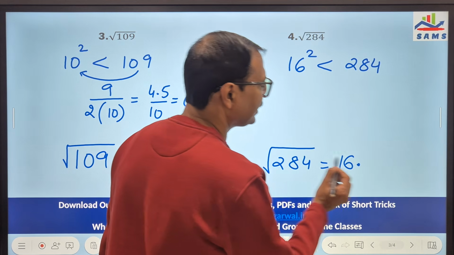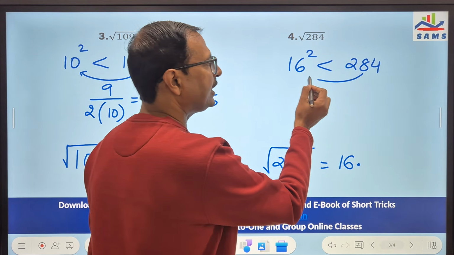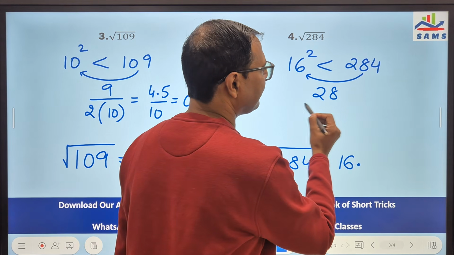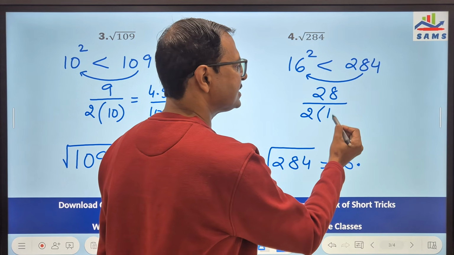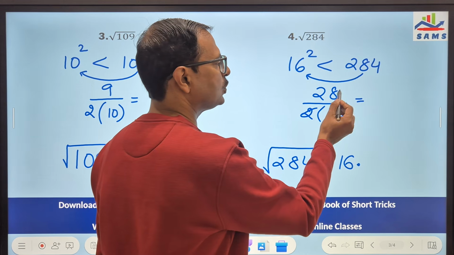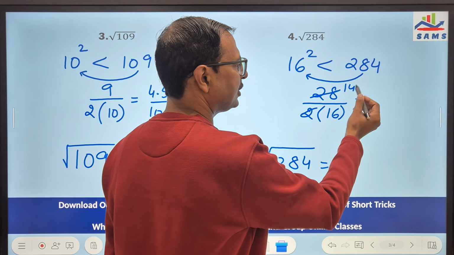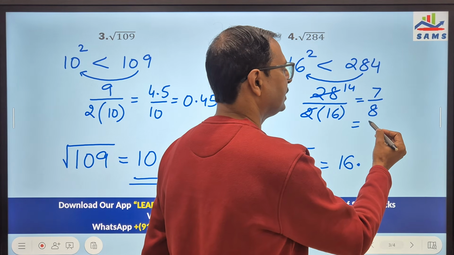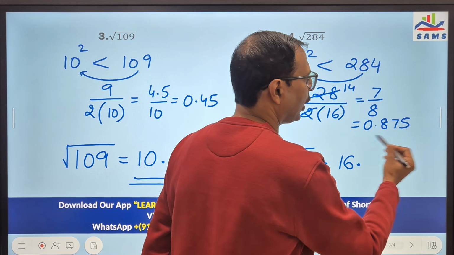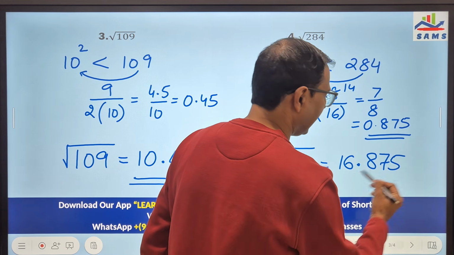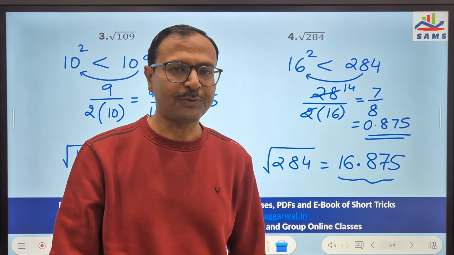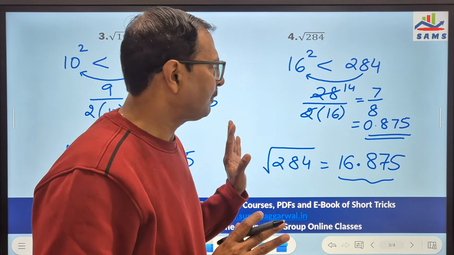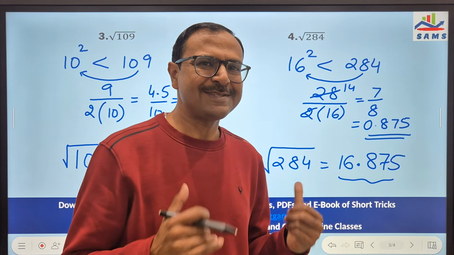And what is that something? For that I have to do some more calculations. 284 minus 16 square 256 is 28. So 28 divided by double of this number 16. So I can cancel like 2, this is 14 times, and another 2 cancels out, so 7 upon 8. And 7 upon 8 actually is 0.875, and 0.875 comes here and gives me the approximate value of square root of 284. Not very big numbers, but yes, up to numbers like 1000 you can do with this method and approximate the